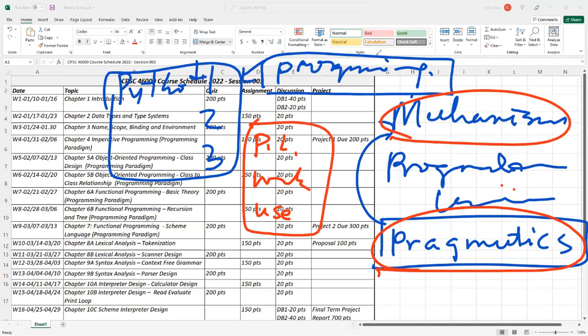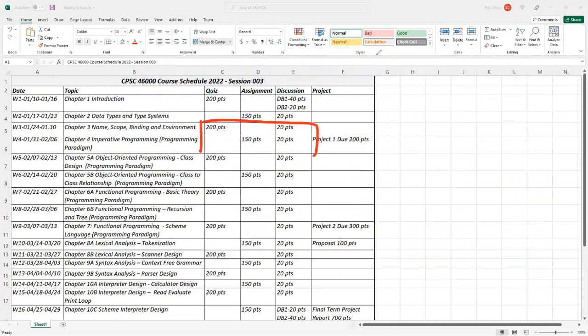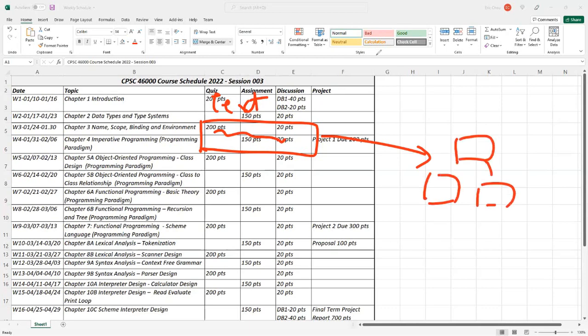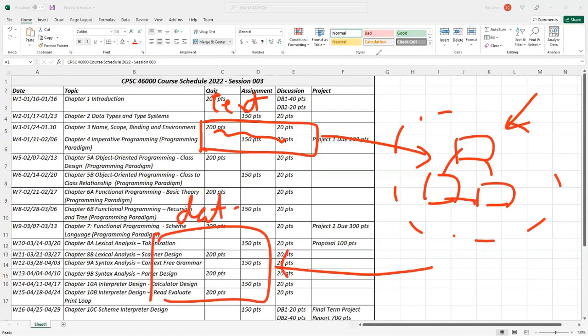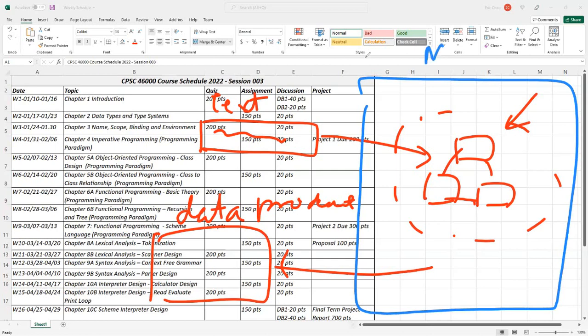That's the goal. So the term project, I told you, you have a search engine, you get a text input over here, right? You translate it into some sort of knowledge net. Okay, that's good, an AI knowledge net. You do learning, that's good. Whatever you want to do, you just do it. Eventually, you will deliver some sort of data product for people. That's the mechanism we are trying to teach this time. Is that okay?